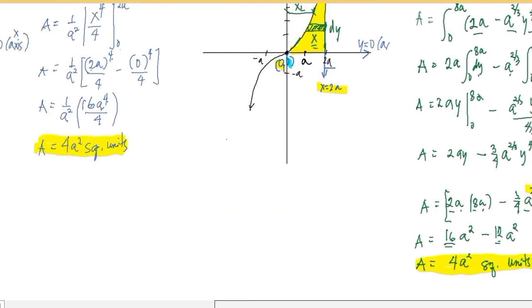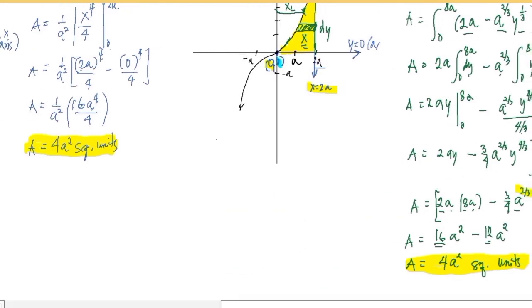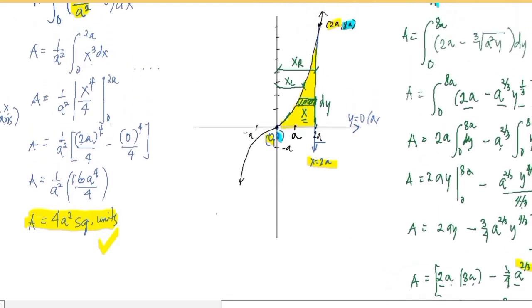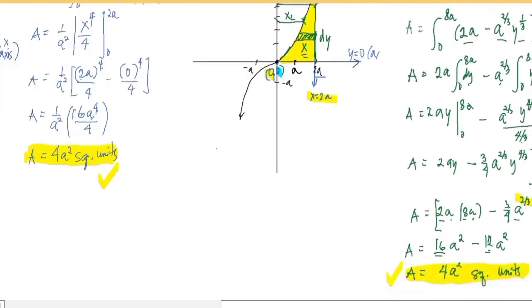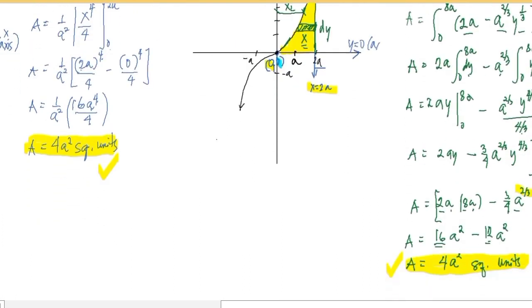So, kung titignan natin dito, ito yung sagot natin using the horizontal strip. At ito naman yung sagot natin kanina, no? Using the vertical strip. Pareho yung sagot natin using the horizontal and the vertical strip. Pero medyo mahaba-haba lang yung computation natin dito sa horizontal strip compared doon sa may vertical strip. But, so since both applicable yung vertical and horizontal strip in this problem, then pwede natin gamitin ay dalawa. So, during the exam, isa lang naman yung i-require sa inyo. Kaya dito sa module ninyo, isa lang naman yung pinakita dyan. Nag-effort na lang ako na ipakita yung isa pa. Okay? So, that ends our problem number